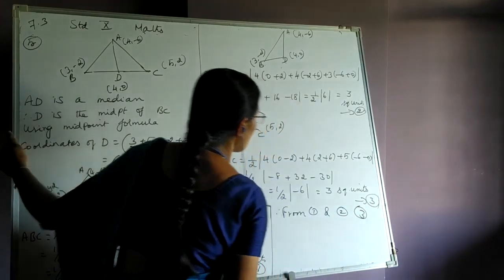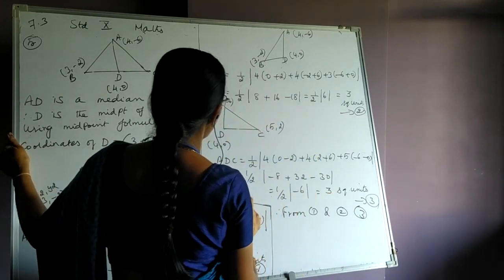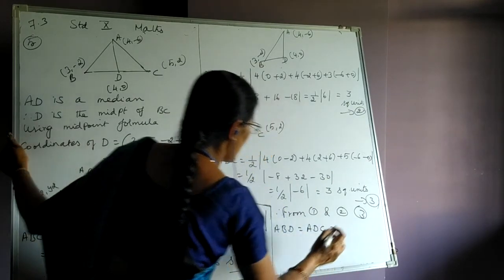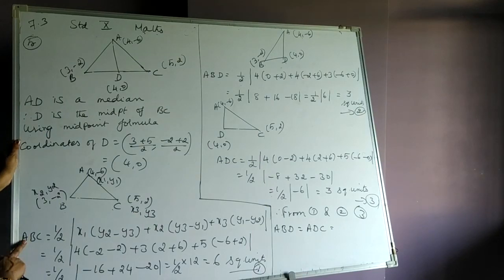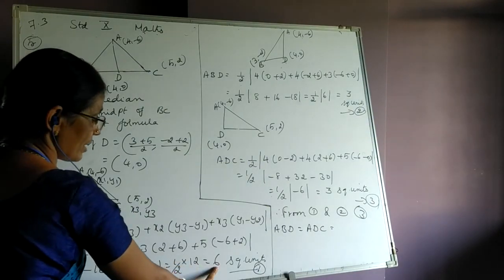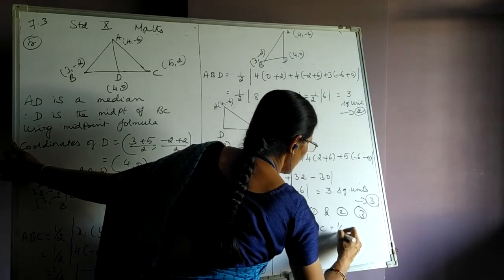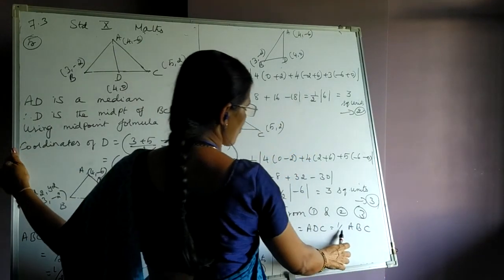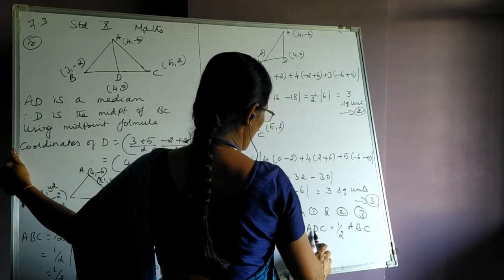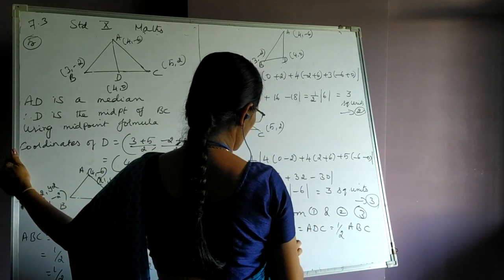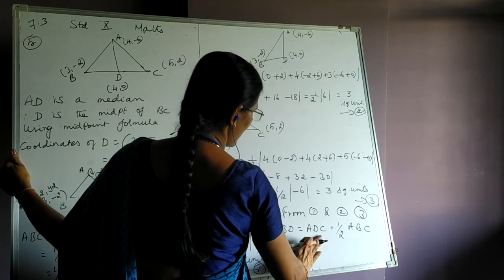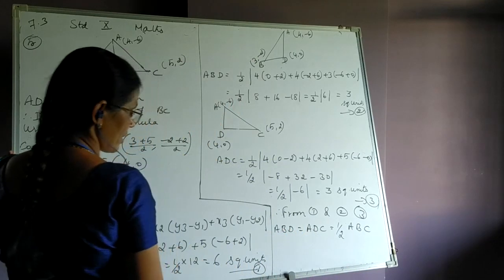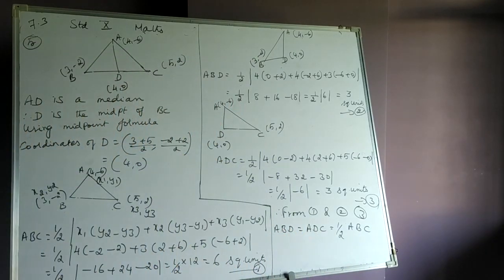So here we are going to find the relation between the original triangle's area and these two smaller triangles' areas. So taking triangle ABC, we have calculated its area. The area comes to 6 square units. Then the first smaller triangle ABD is taken. Any one can be taken as x1, y1, the other one x2, y2, x3, y3. Its area is calculated. We got 3 square units. And ADC is also calculated. We got again 3 square units.